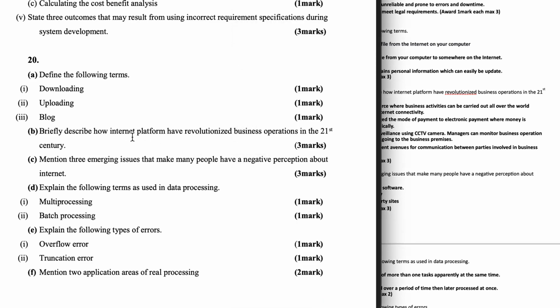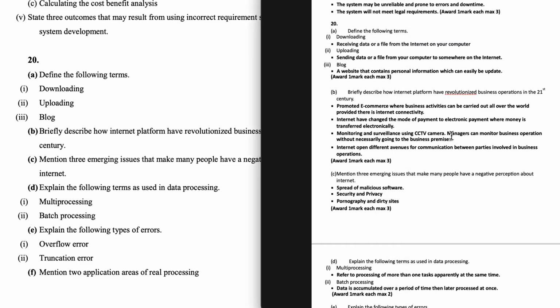20b. Briefly describe how internet platform has revolutionized business operations in the 21st century. Promoted e-commerce where businesses' activities can be carried out all over the world provided there is internet connectivity. Internet has changed the mode of payment to electronic payment where money is transferred